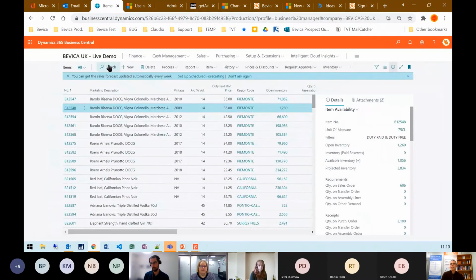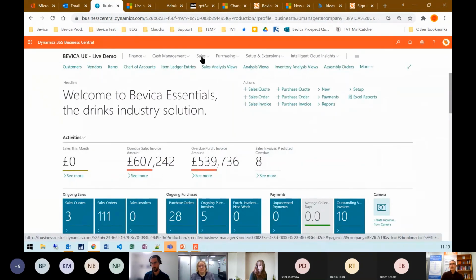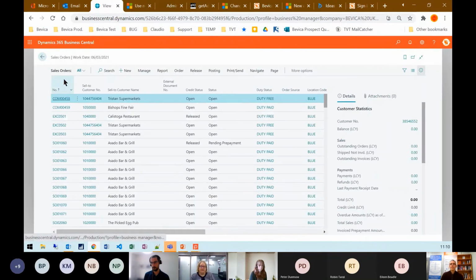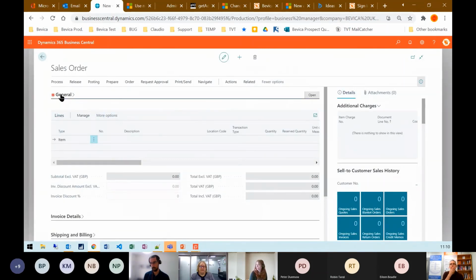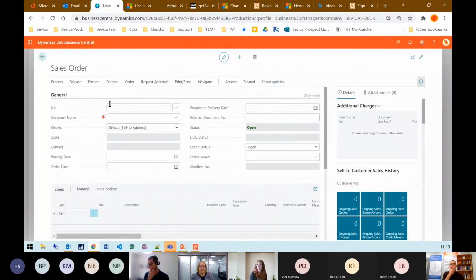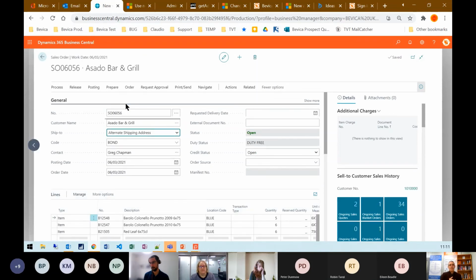So probably the easiest way of showing you that is on a sales order itself. So let me go into sales orders. So, new sales order. Bar and grill. So if I just tab off, what it'll do now is it's gone to find the default